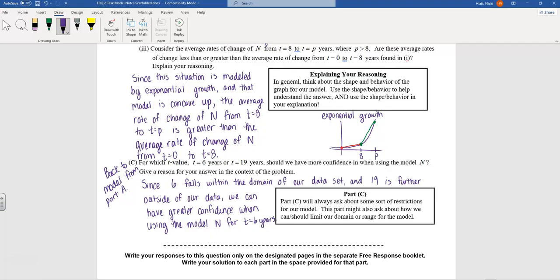So it works well for inside your data range and maybe slightly outside, but it's probably pretty inaccurate when you start expanding that to further out. Okay, so let me give you